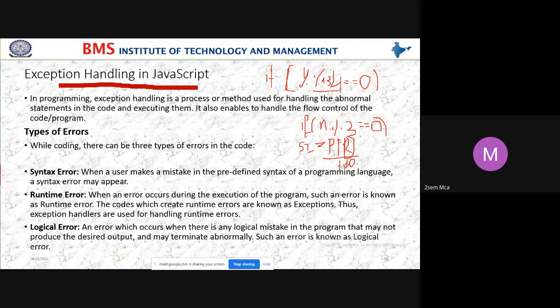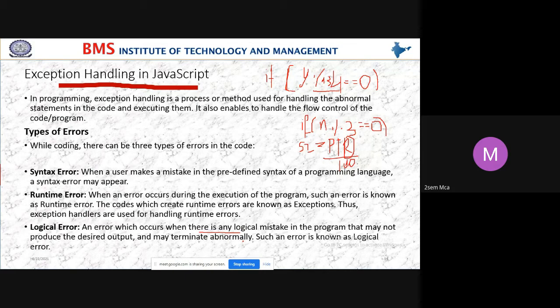A logical error is an error which occurs when there is any logical mistake in the program, that may not produce the desired output and may terminate abnormally. Such an error is known as a logical error.